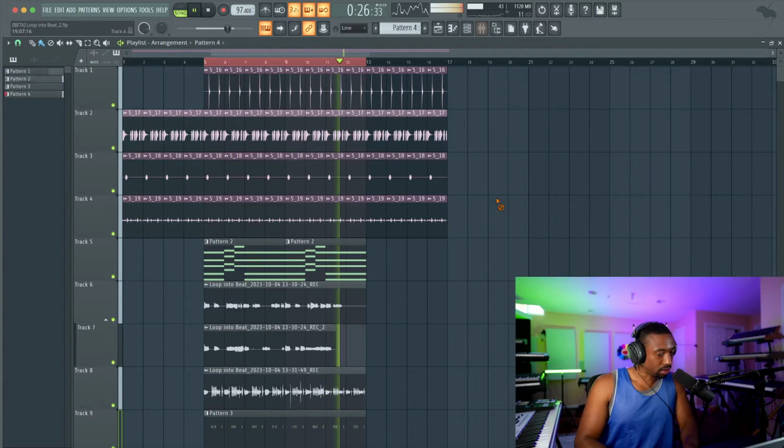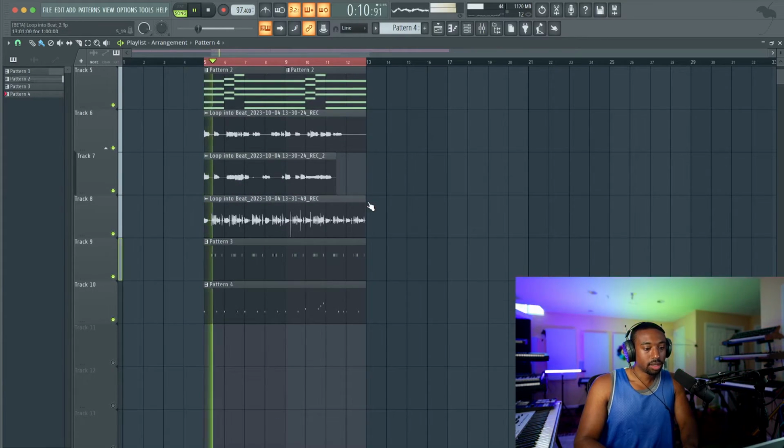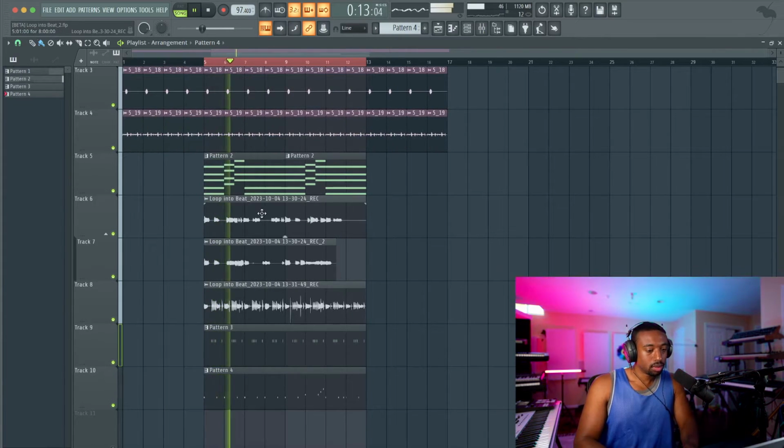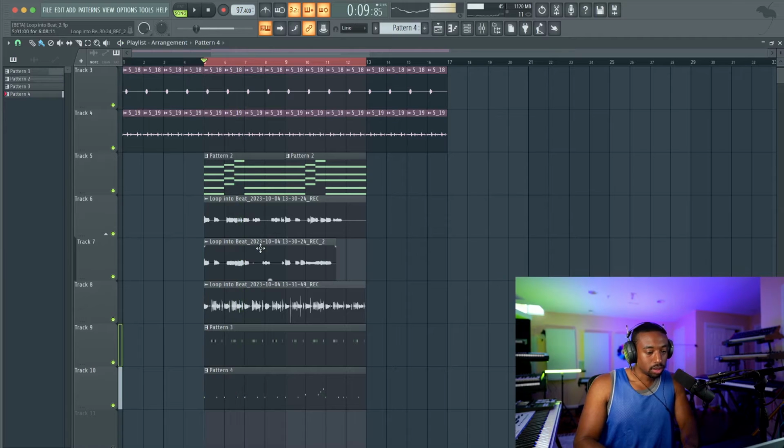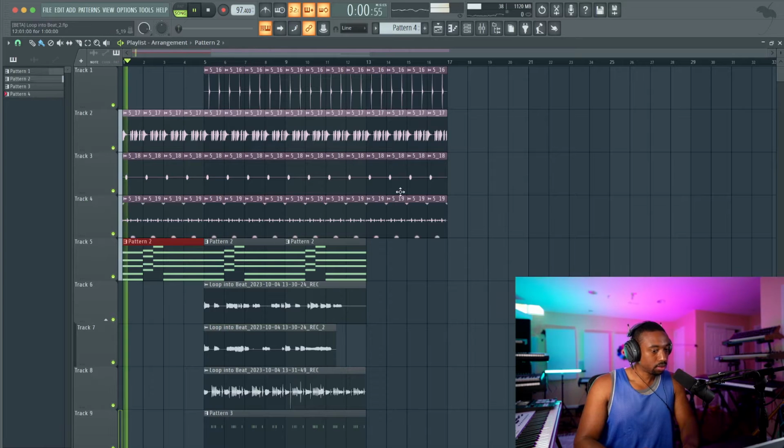Okay, so I have the limiter on just for the video. Okay, so those are all the parts we need. The bass, the percussion, that's it. The beat is done. Now we just have to arrange it. So we're going to go from the intro. We're probably going to introduce the chords in the intro.